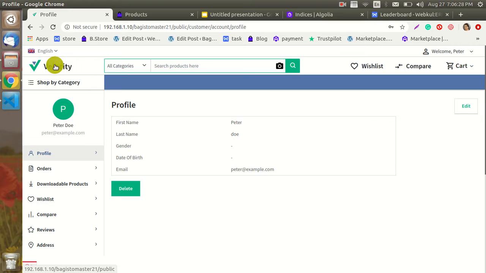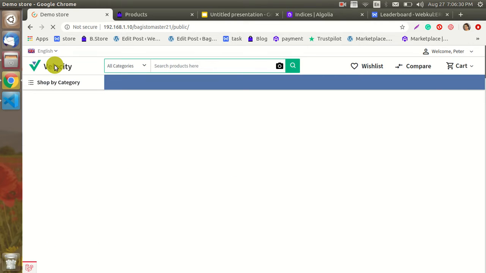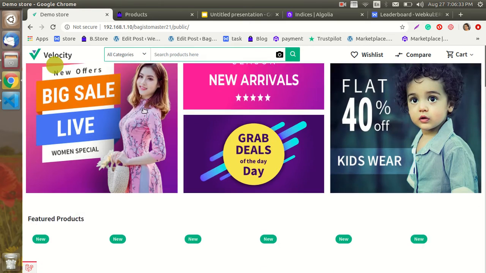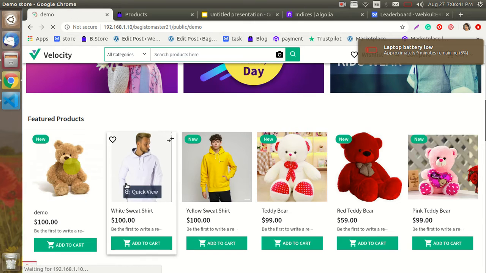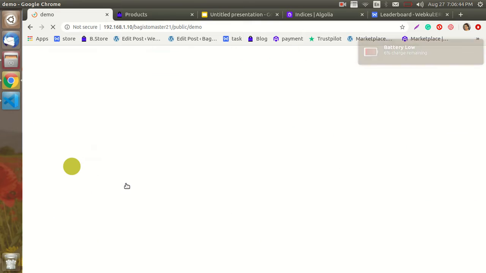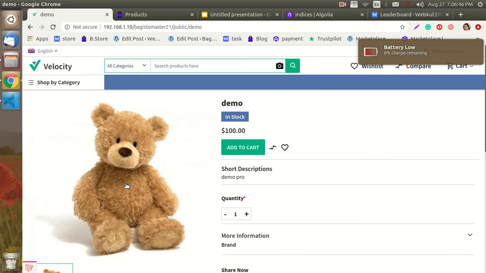Now let's move on to the front end. So now guys, you can see right now I am a logged-in customer. So this product price, as I can see, is $100 right now. Because once I created this product, I chose wholesale under the group where I have set the $90 price. So now let's move on to the back end,